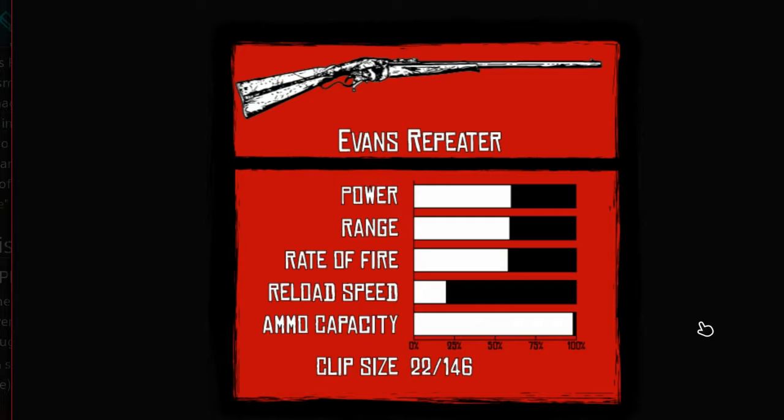But the power was pretty mediocre. Well, not mediocre, but average. Most of the statistics are pretty average on this gun. I believe on the listing on the actual Red Dead Wiki page, the range was said to be high. Rate of fire was also average. Reload speed's pretty poor, but honestly, if they return the same reload way, the way that it works in Red Dead Redemption, of course, it can beat the reload speed of the Litchfield repeater and also have more of a